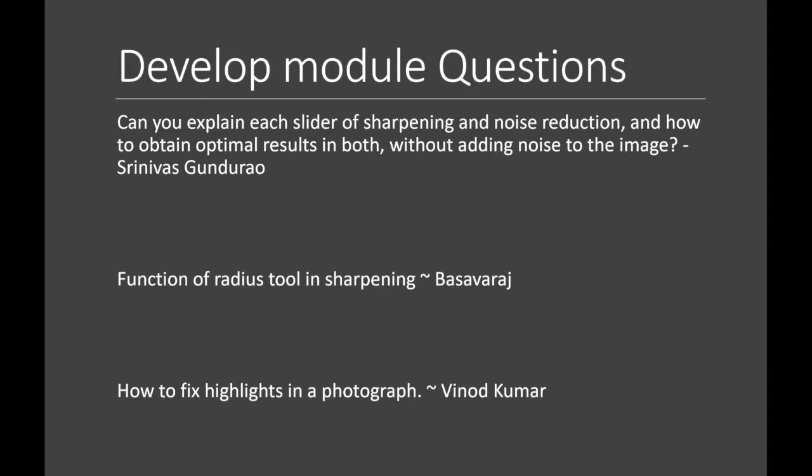The problem with the highlights is, when you expose the picture in your camera, if you have gone beyond your camera sensor capability, you'll end up getting too bright highlights, which are called blinkies. There is an option in every camera to give what is called a highlight alert. Highlight alert warning is the one where your picture will start blinking, telling you that you have given too much exposure.